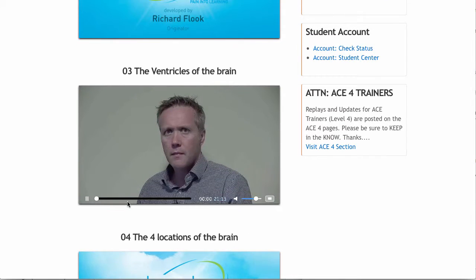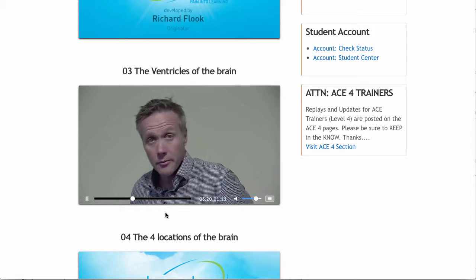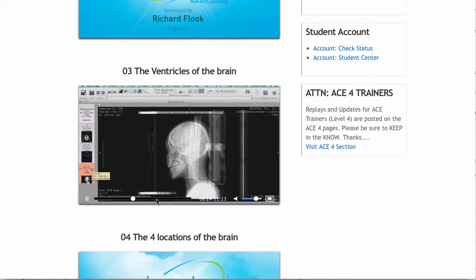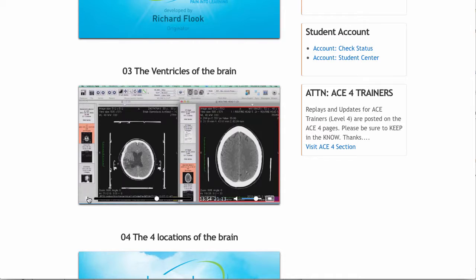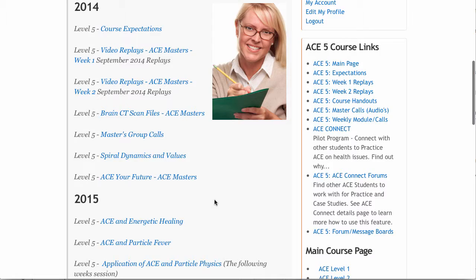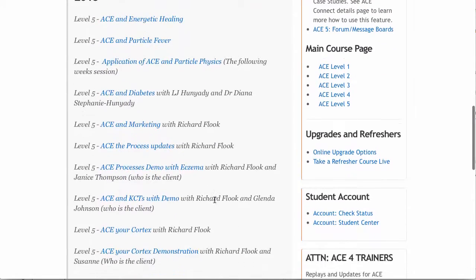It's not a training on how to read brain CT scans. I show you how it was done, when it was shot. This is the sign. So I talk about all my knowledge about reading brain CT scans, and we look at what actually does go on and all these other types of things, and that's an amazing training. Honestly, I don't think there's anything else on the planet with all that information recorded.